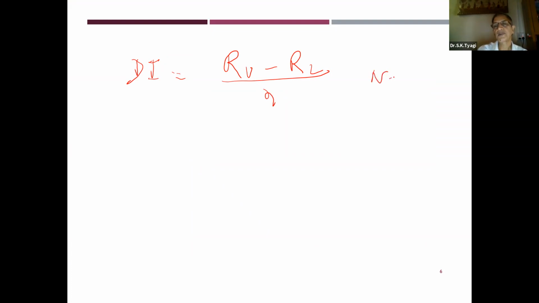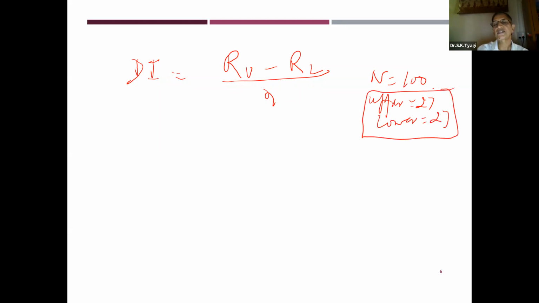Suppose the total sample is 100. So the upper ability group constitutes 27 students, the lower ability group constitutes 27 students. The middle 46 are discarded. So this N is 27.